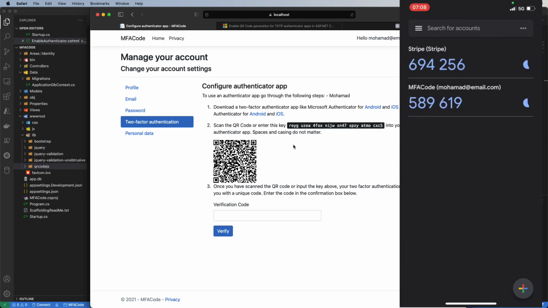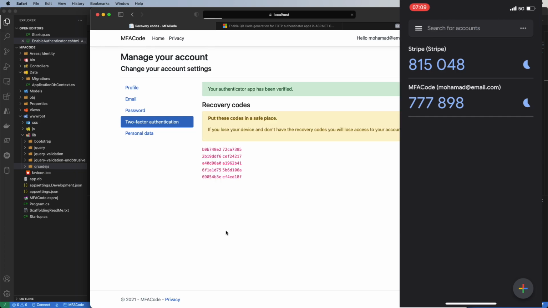and we can see here that it has automatically taken the code. We can see directly from that mobile screen that we have MFA code, which is the name of our application, and between parentheses the name that we want to utilize, which is my account that I have created, and we can see that the code is being generated. So right now I can just input the code that's showing here, which is going to be 777898, and if I click on verify,